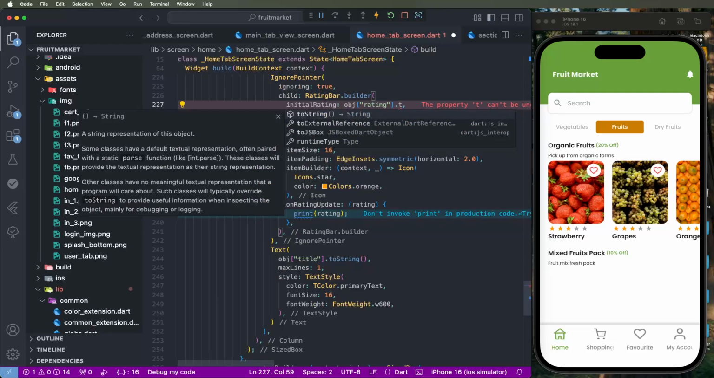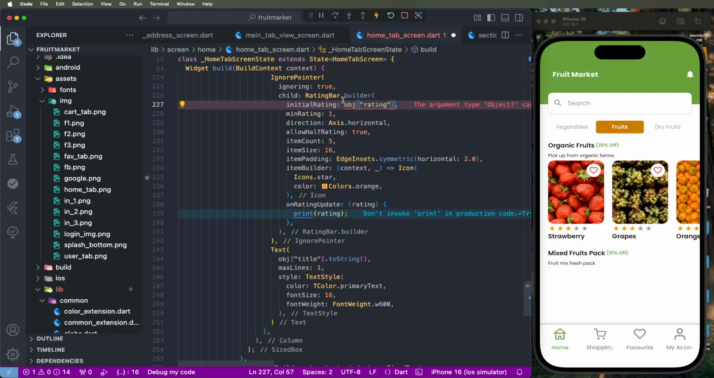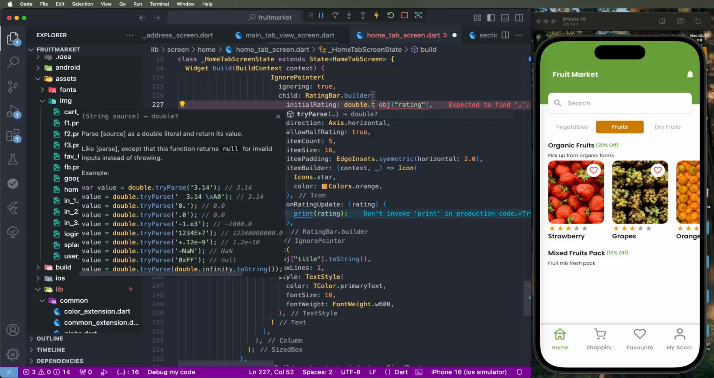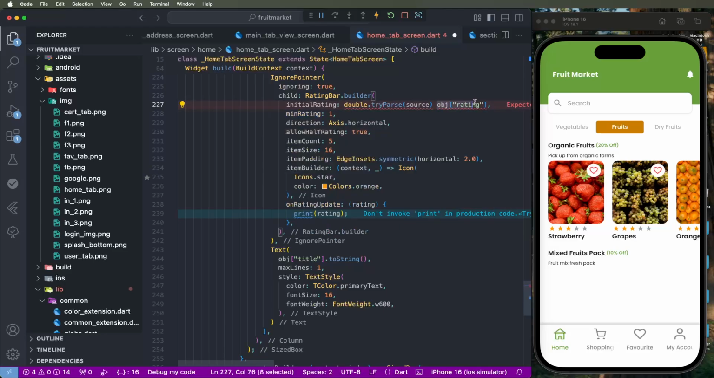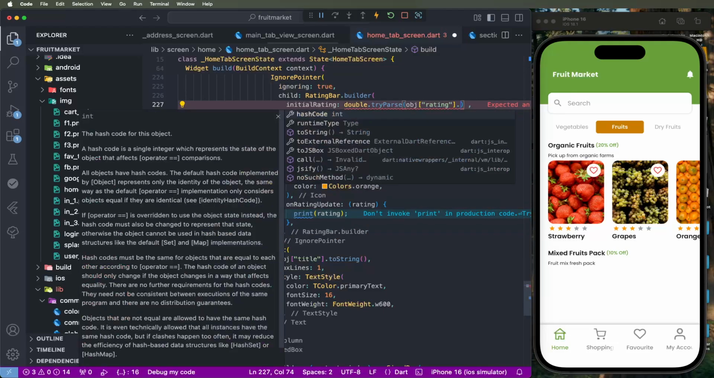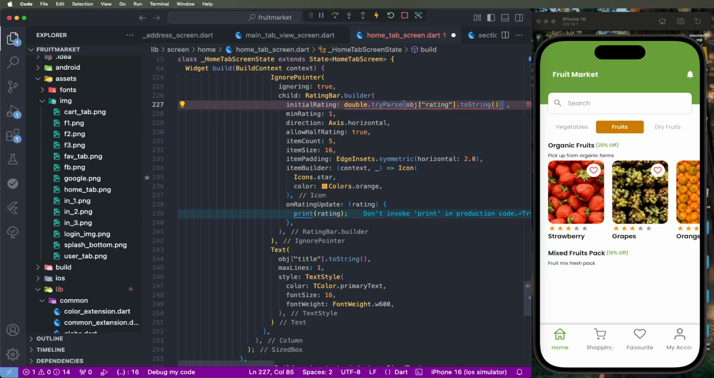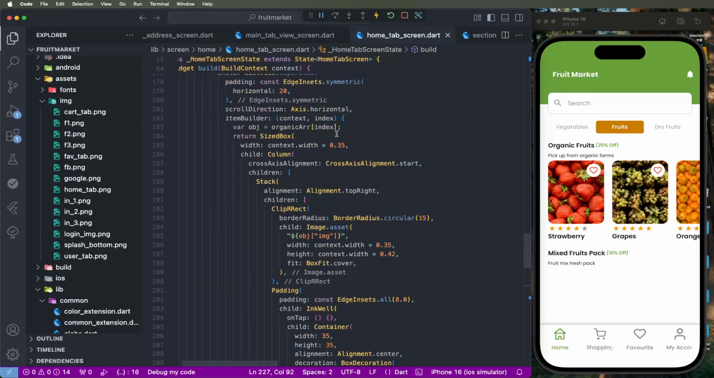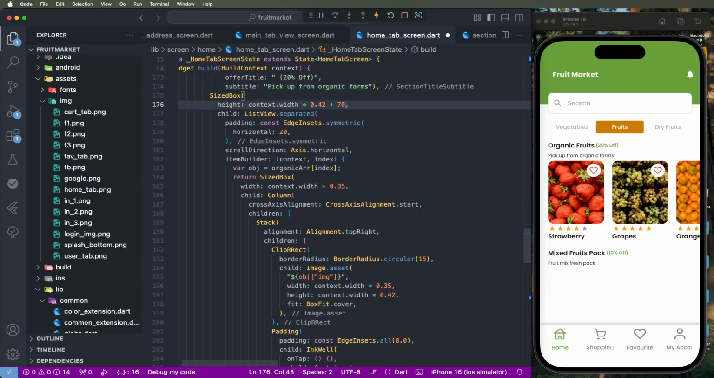to set here the double, right, to parse to string, 0, like this. We need to set here the dynamic value, and also need to increase this height from 60 to 70, so need to change here, and